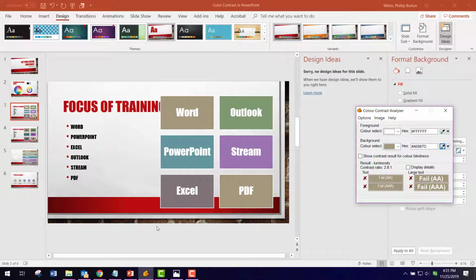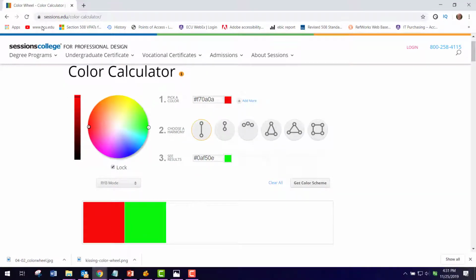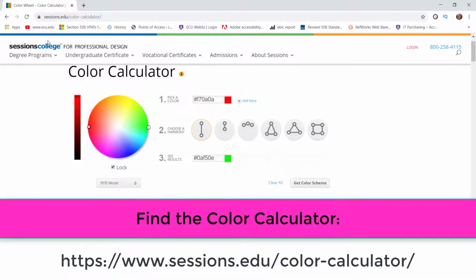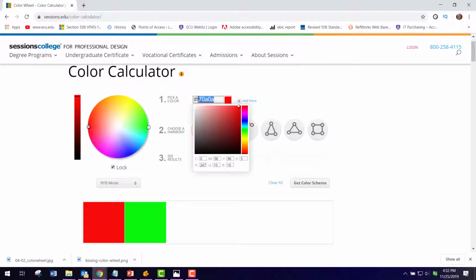Another thing that you might like to do in designing your colors is to use a color calculator, such as I found right here, and I'll put the website down at the bottom. What's nice about this is if I have the hex code, I can go ahead and put the code in here, and then it will give me some choices. I can have a complementary set, I can have a monochromatic set. So if you remember, I had earlier the code